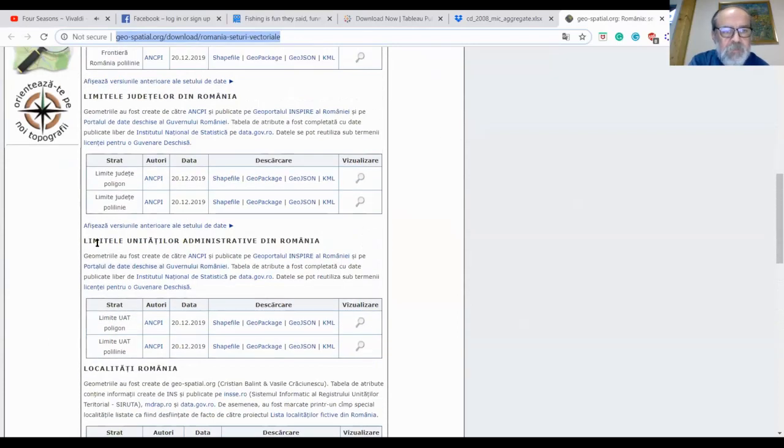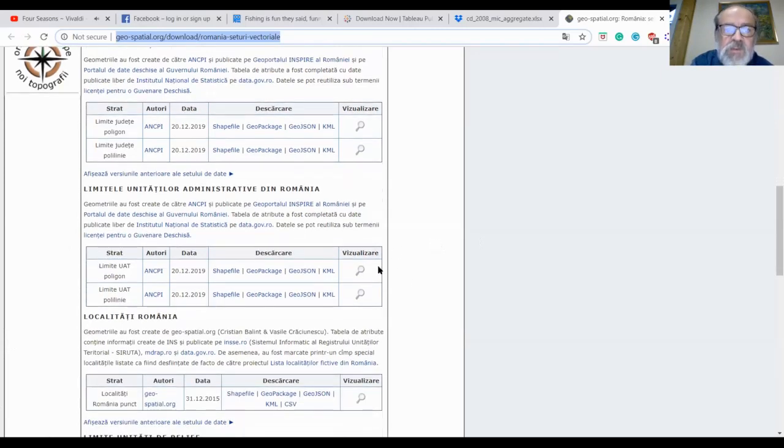level. Actually, technically, it's not locality level. So we'll have cities and towns, and we also have what we call in Romanian comuna. It's like the French commune, I guess. So if it's not a town or a city, then it will be a bunch of villages. So that's the administrative unit.